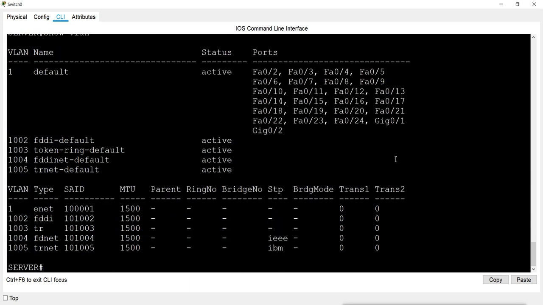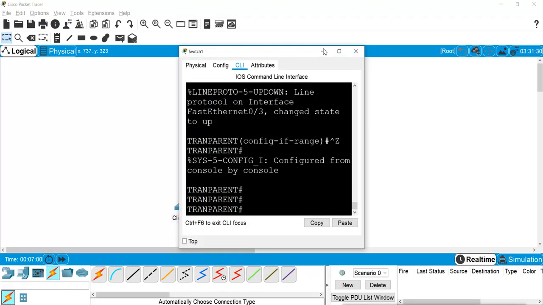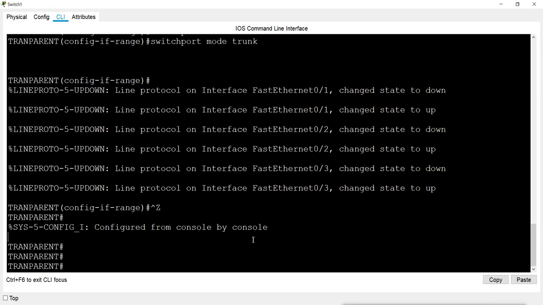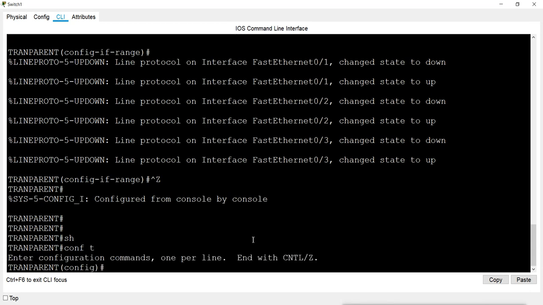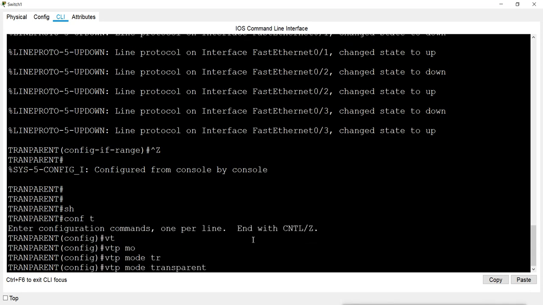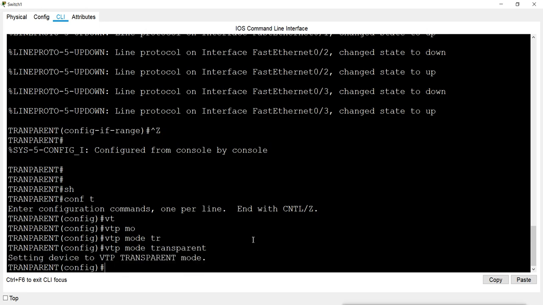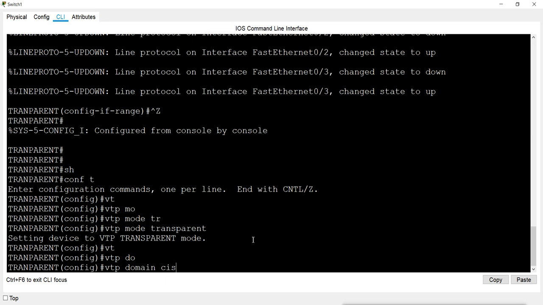Now I will go to the transparent switch. I will convert this into transparent. By default it will still be in server mode. So I will go to config terminal, vtp mode transparent, then vtp domain Cisco.